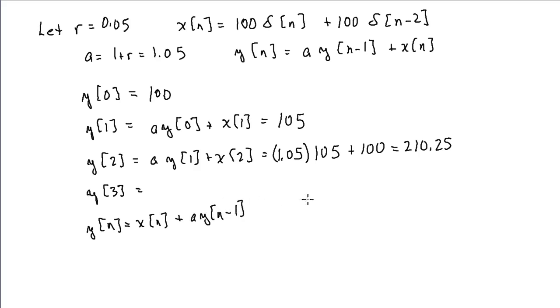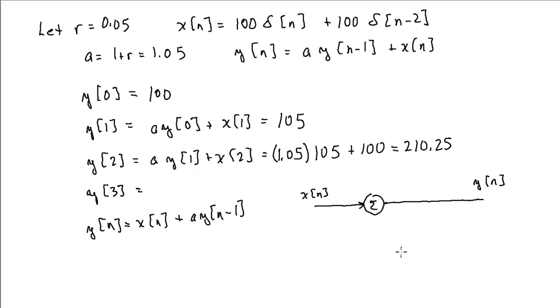So the block diagram looks like this. We have our x of n sequence as input. We're adding to that a delayed version of y of n. Okay, so here's my output y of n,